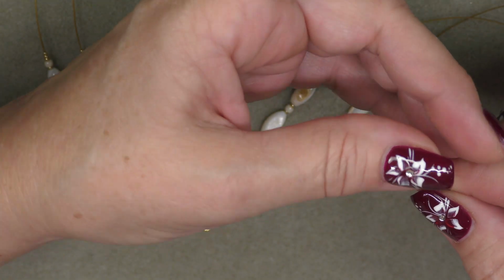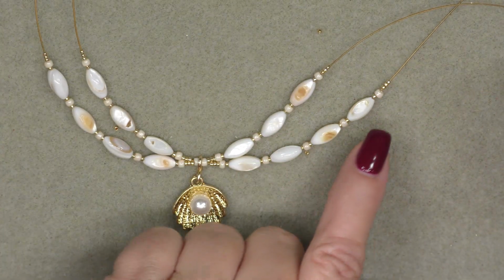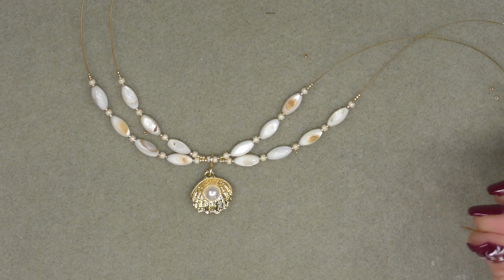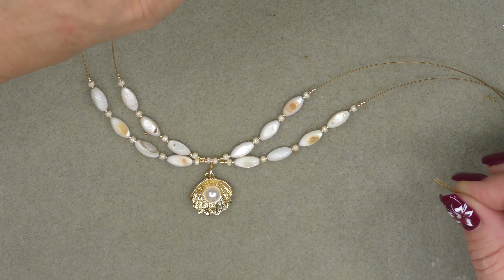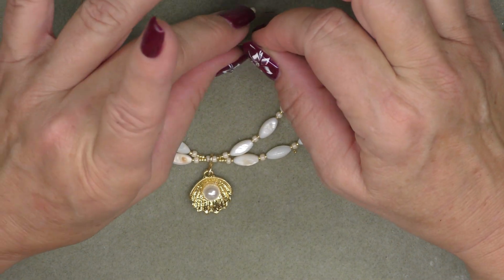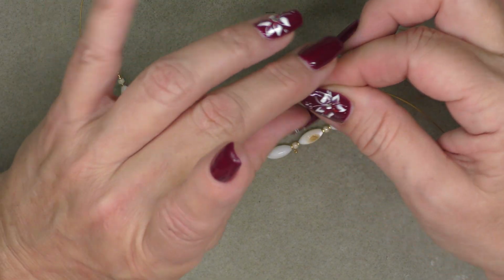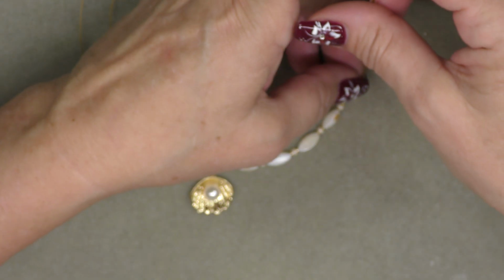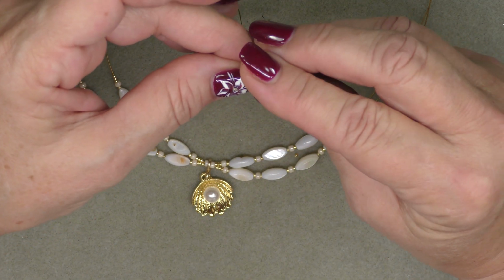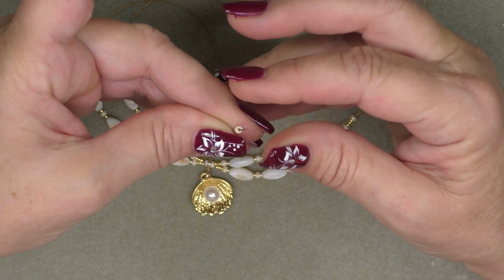And then we're going to pick up the ends, push them together. I have my 3 15/0 seed beads here. I'm going to pick up an 8/0, and I am going to slide it down on both wires here so that I can cinch this side together. So I will pick up an 8/0 with both wires, slide it down, then I will pick up an 8/0 on this side with both wires, cinch it down,